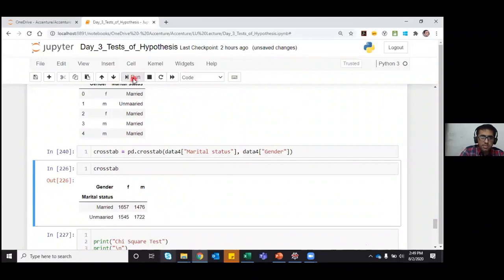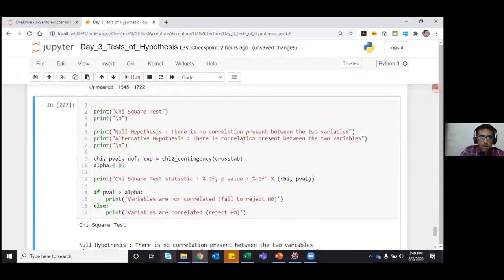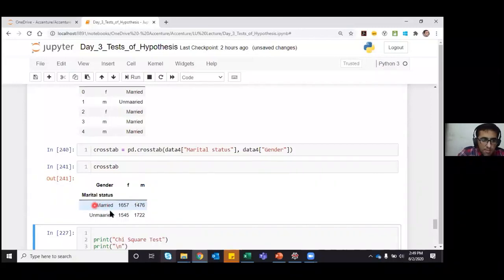For example, if I run the crosstab, it will give me, among the married individuals, how many persons are female and how many are male. Then among the unmarried category, how many are female and how many are male. So it will just give me the count of that variable.